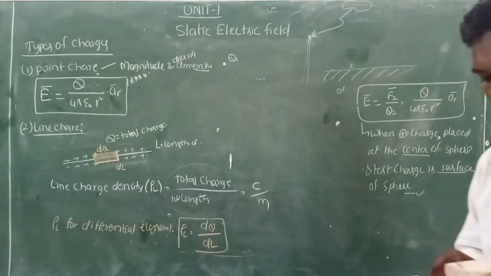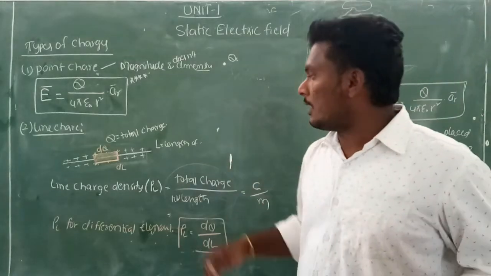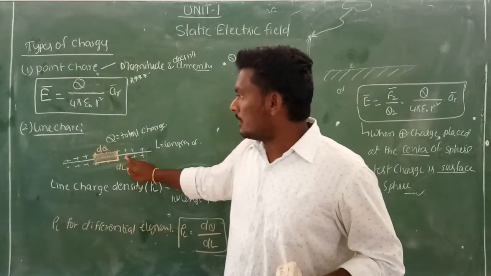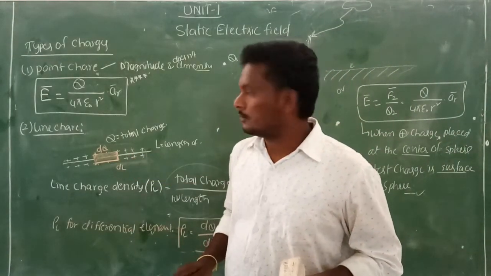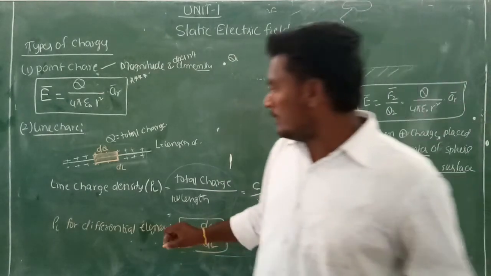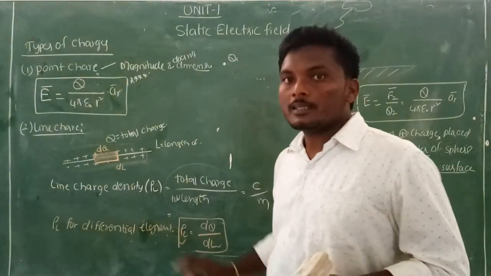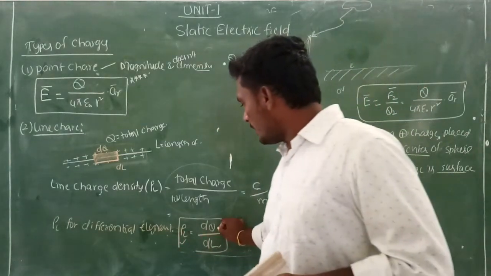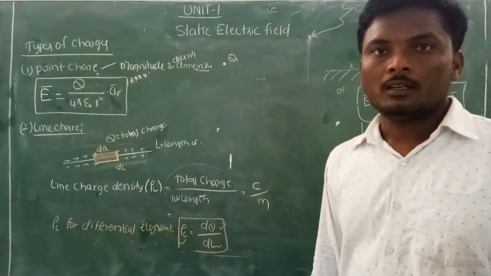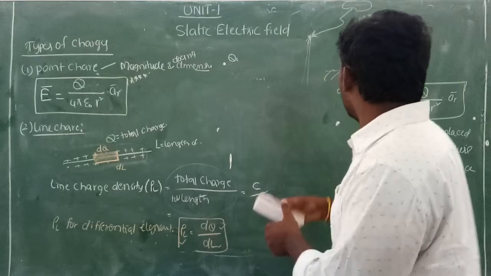But in some cases you are asked to find the charge on an infinite length of conductor. He doesn't give any information about charge. If he gives the information about rho L and dl and asks you to calculate the amount of charge on the length, in such cases what will you do? Do the integration on both sides.